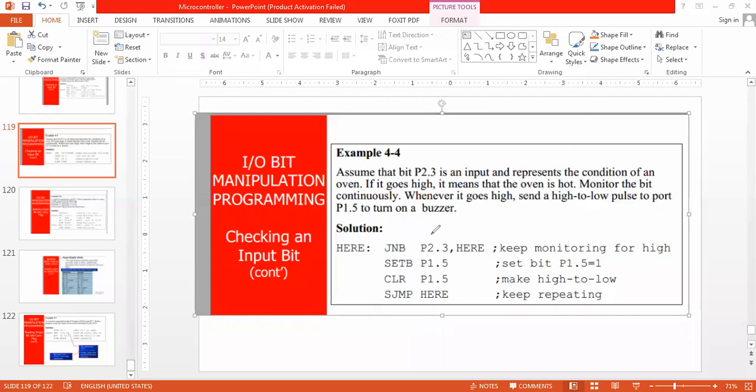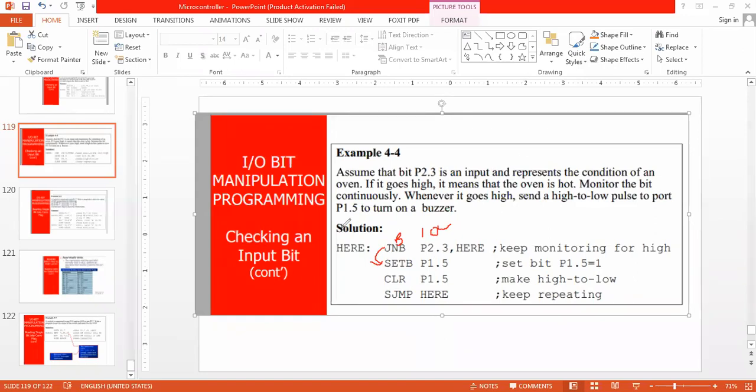If I am checking for 0, then JNB, jump if no bit. I am monitoring here only. If I am checking for 1, then jump if bit, JB, then if 0 occurs, I will come out from this. JB is there, JNB is there. Two instructions I have. Hope it has been understood.